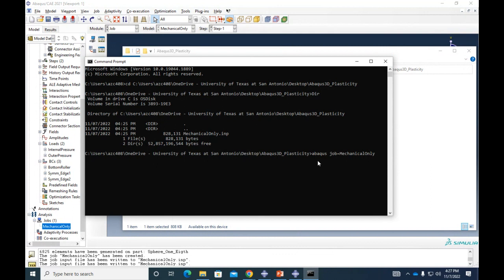Because we're running now in 3D, this is going to start becoming important. So we are going to do cpus equal to 4, so we are going to run this problem in parallel. The solution time is going to be a little bit faster. And this int is a flag, if we want to call it that, called interactive. So Abaqus is going to show me here on the screen whenever it is completed. It's more like an interactive way to access Abaqus. I'm going to hit enter.